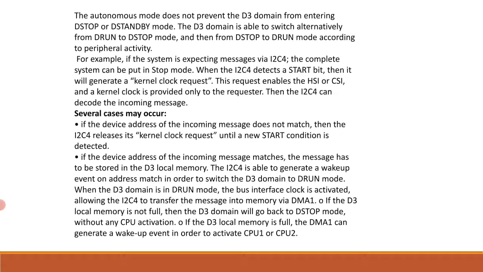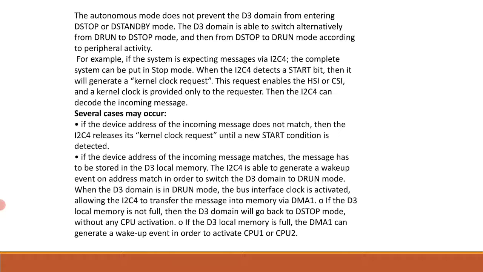If the device address of the incoming message matches, the message has to be stored in the D3 local memory, and I2C is enabled to generate a wake-up event on address match in order to switch the D3 domain to DRun mode. When the D3 domain is in DRun mode, the bus interface clock is activated, allowing the I2C to transfer the message into the memory via DMA1. If the D3 local memory is not full, then the D3 domain will go back to D-stop mode without any CPU activation. If D3 local memory is full, the DMA1 can generate a wake-up event in order to activate